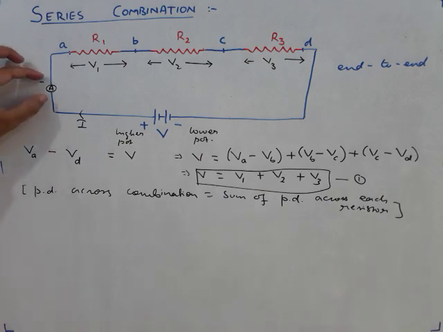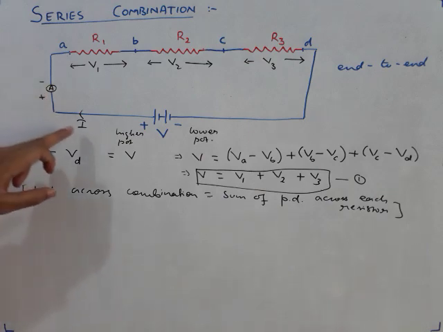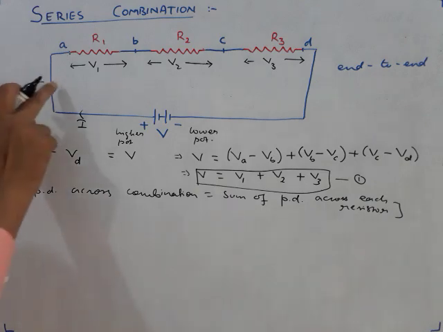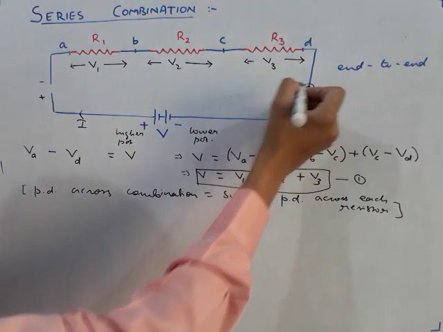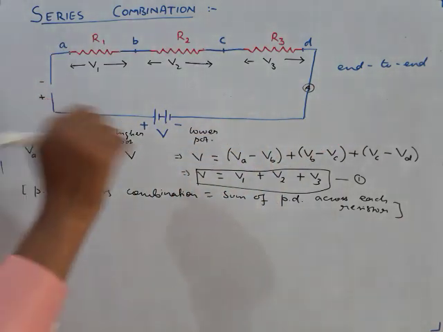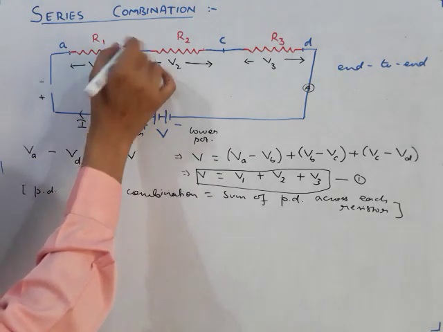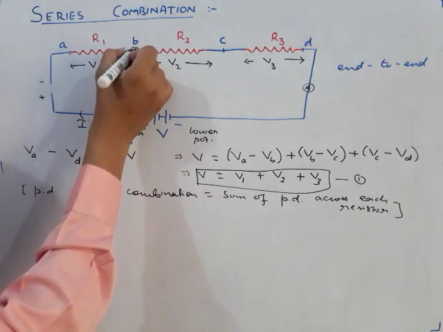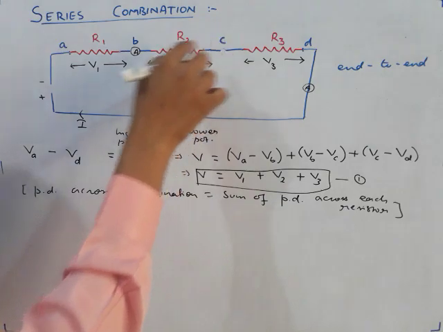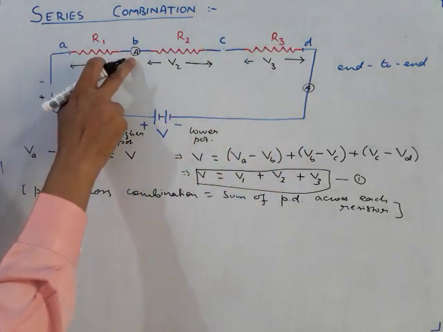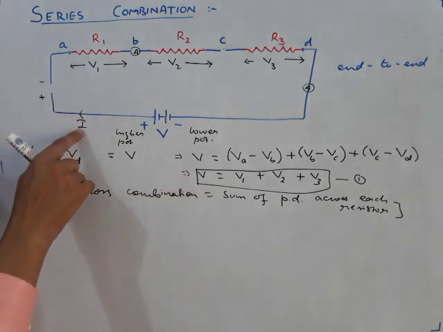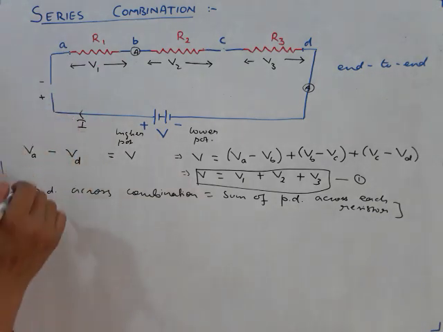If you connect this ammeter here, it reads, suppose, I. Now you disconnect this ammeter, and instead of this point, suppose you connect here. You will find again it shows current I. If you connect over here at this point, or at this point, anywhere you connect in this circuit, you will find that the ammeter always records how much current? I. What does this mean?